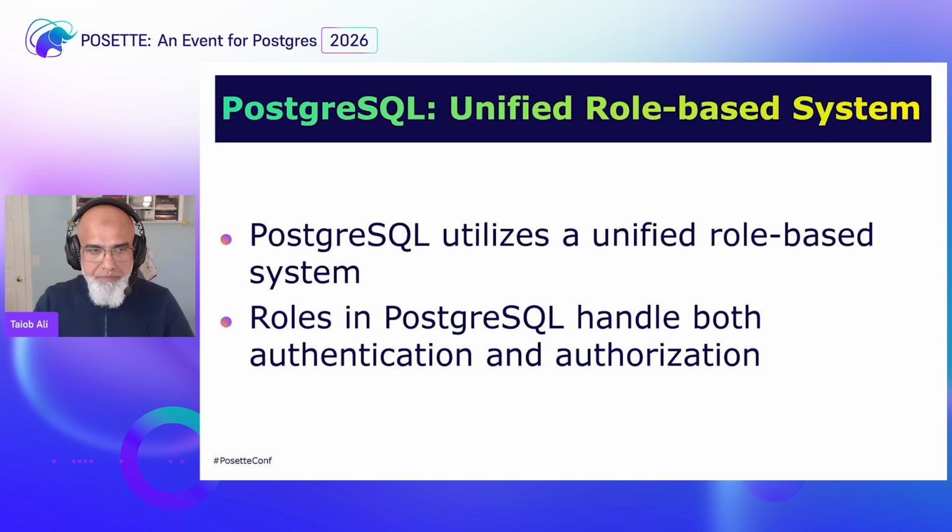In Postgres, this concept doesn't exist in the way I explained in SQL Server. The way it exists in PostgreSQL is you are a role, and the same role comes in at the server level and sees if you can come in. You came into the cluster. Now your cluster has 10 different databases, but you're not going to create a separate user. You're going to give permission to that same role per database, which is what I called user in SQL Server. That's how you keep the permissions separate between the databases for a single role.